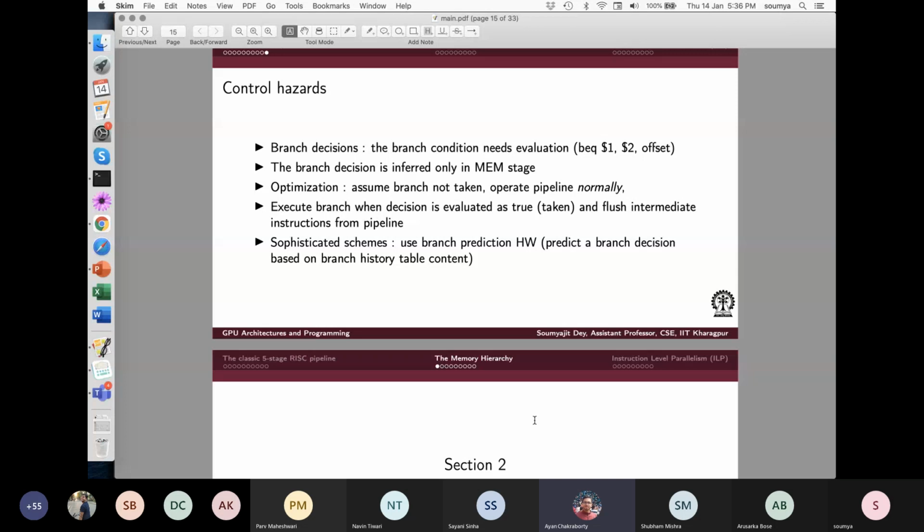Whenever a branch condition exists, there are two sets of instructions that the program can execute. So instead of waiting for the branch condition to be resolved, it can preemptively execute a set of instructions which it predicts based on previous occurrences. But in case that prediction turns out to be false, then the pipeline needs to be flushed because those instructions are wrong and the other set of instructions needs to be executed. So this is called a control hazard, I think. Right, right. Okay.